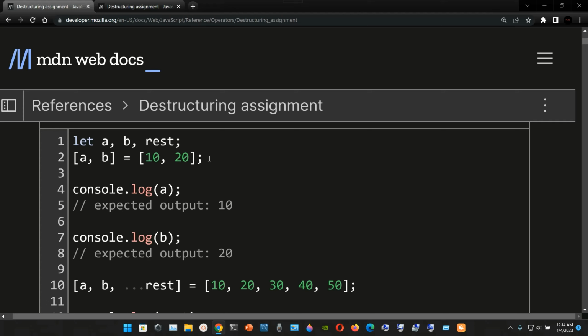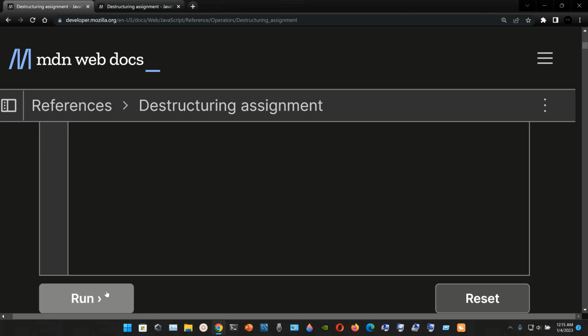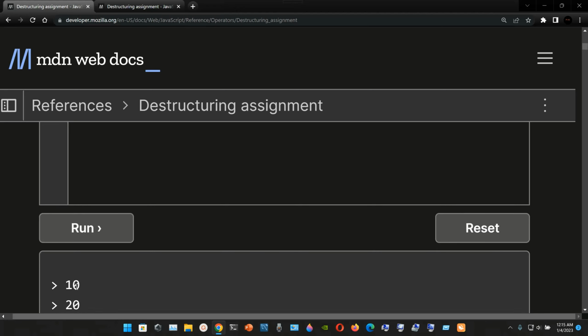We end up with a semicolon, and now we console.log the variable a, that has been declared with the let declaration, and the expected output is going to be 10. Now if we console.log the variable b, the expected output is going to be 20, since a is assigned the number 10 and b is assigned the number 20. So right now if we press run it, you see that the output is 10 and 20